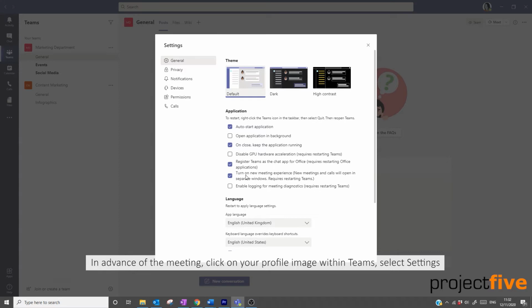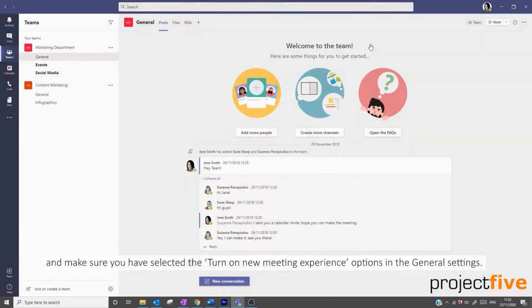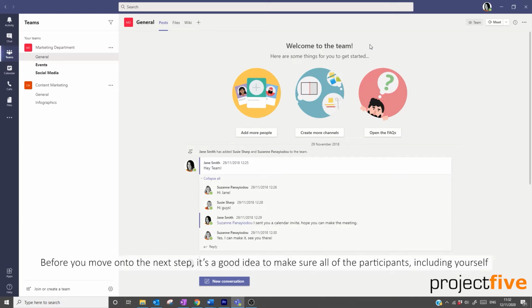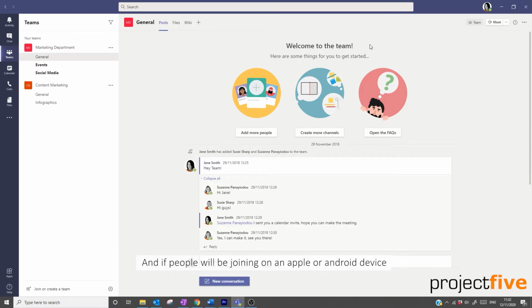Select Settings, and make sure you've selected the Turn on New Meeting Experience option in the General Settings. Then it's a good idea to restart Teams. Before you move on to the next step, it's a good idea to make sure all of the participants, including yourself as the meeting organiser, are using the latest versions of Teams by email ahead of the meeting. And if people will be joining on an Apple or Android device, make sure they update their Teams app through